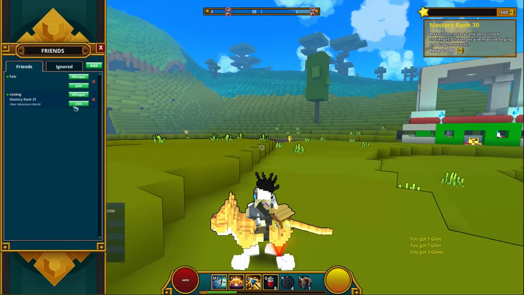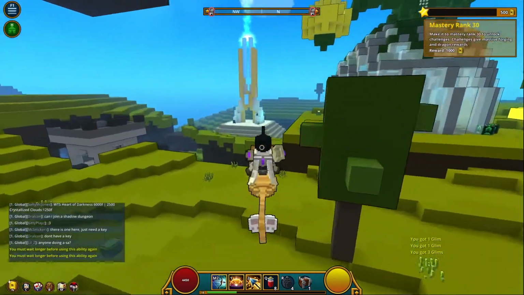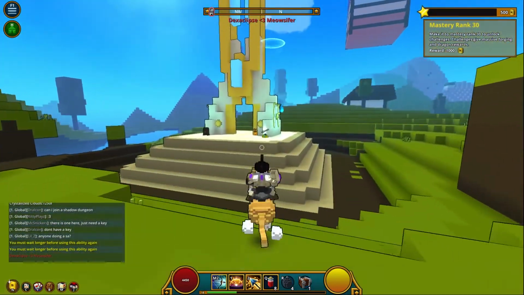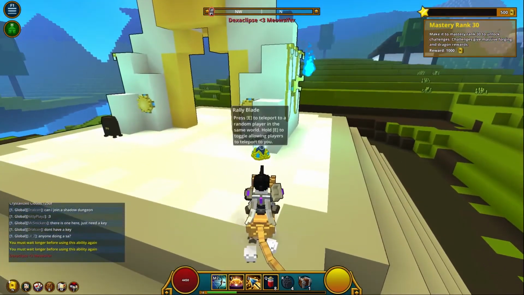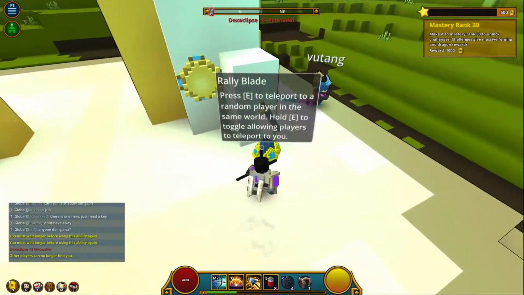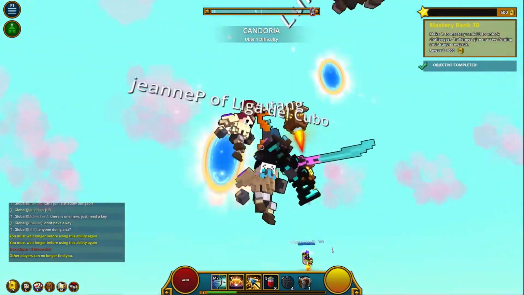Okay. They're called rally blades. If you go ahead and click E on them, you're going to teleport to a random player in the world. So no matter if you don't have any friends online or whatever the case is, you're always going to have someone to play with. Yep. I'm going to go ahead and click on it. Here it is, by the way. It's right next to spawn. So if I click on this right here...